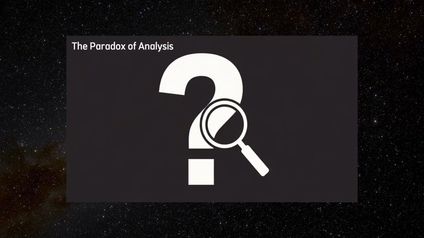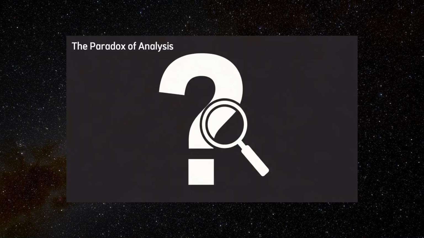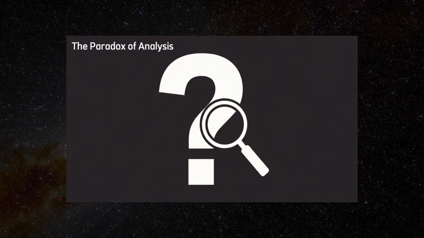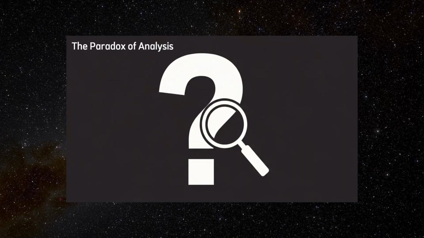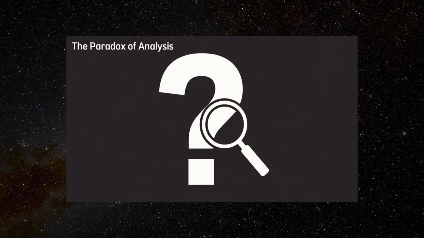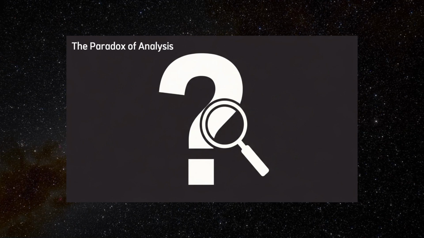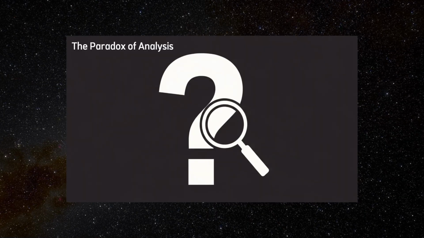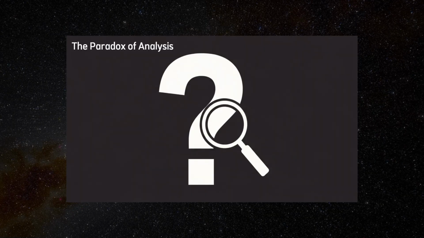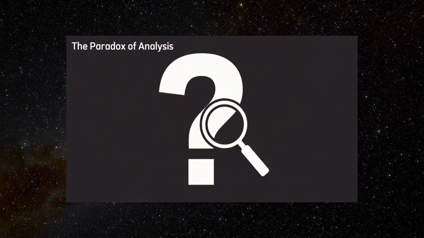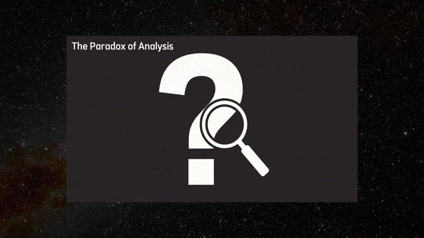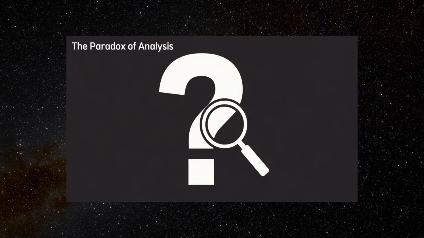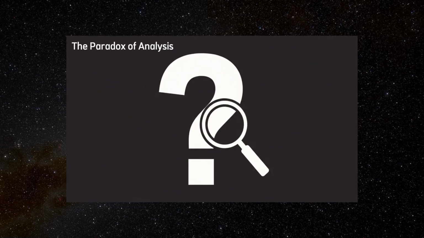This process is called conceptual analysis. For example, a classic philosophical analysis might define bachelor as an unmarried adult male. That definition seems informative and helpful, it clarifies what the word means. But here is where the paradox appears. For an analysis to be correct, it must be logically equivalent to the concept being analyzed. That is, if the statement, a bachelor is an unmarried adult male, is truly an analysis, then being a bachelor and being an unmarried adult male must be exactly the same thing, in other words, they must mean the same.